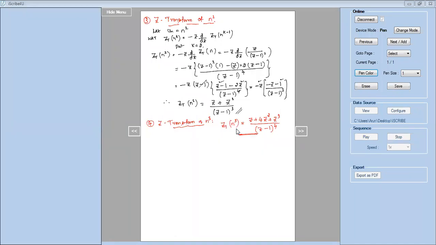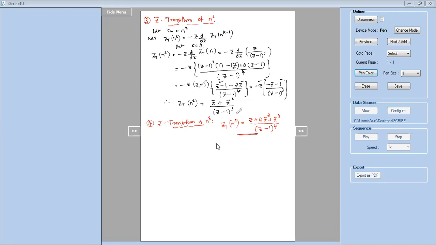So these are called standard functions. Z transform of k power n, n square, n cube. Like this, you can find higher degree terms also. Z transform for higher degree terms. So this is the way of finding. Only for a few basic functions, as I explained, how to find the Z transformations. For higher degree terms, you can follow the same thing. So with this, we'll move to the next thing.